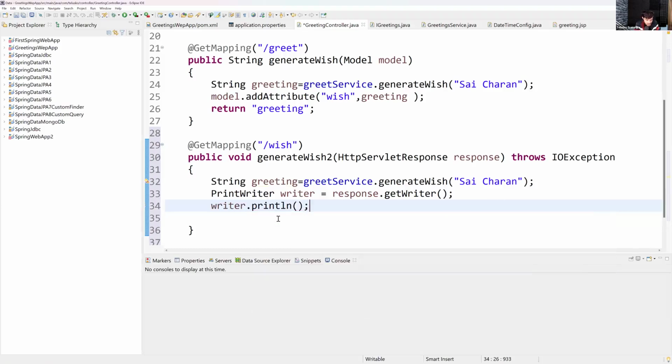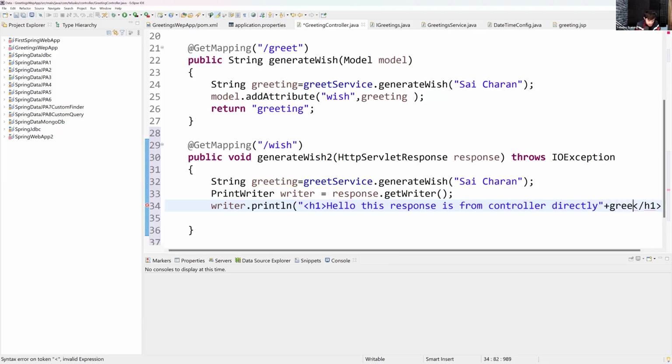I would like to go back here, and I would like to give a response to my client. Whatever response you feel like. The response could be within double quotes. I will use h1 tag. And I'm giving my response, whatever response you want. Hello. This response is from controller method. Controller directly. No view page. Okay. I would like to just say this plus whatever we have inside this variable greeting plus